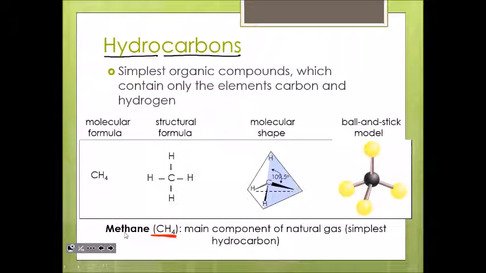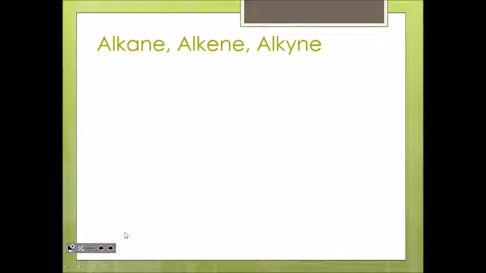You know the Lewis dot structure you see up here. It's a tetrahedral shape, okay? Has the tetrahedral shape with the 109.5 bond angle. But this is the smallest, most simple type of hydrocarbon out there, CH4. We classify the hydrocarbons in 3 groups: alkanes, alkenes, and alkynes. Depending on the ending there, it's going to determine what type of bonds are in the chain.